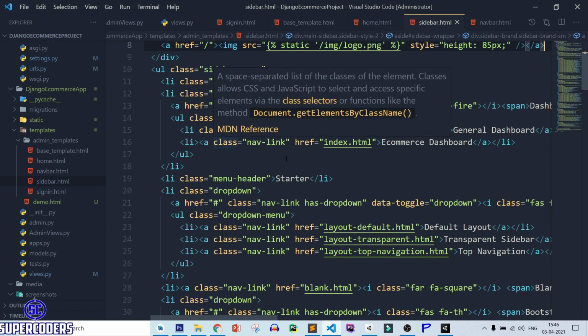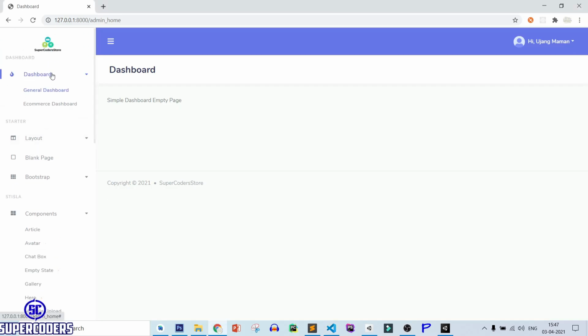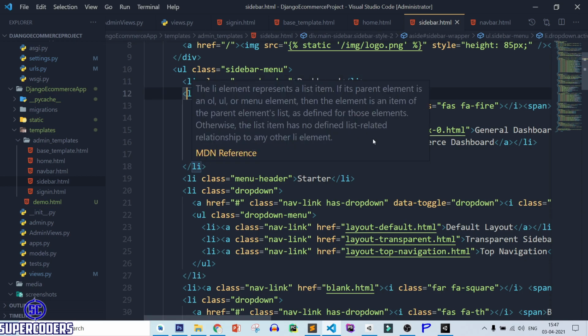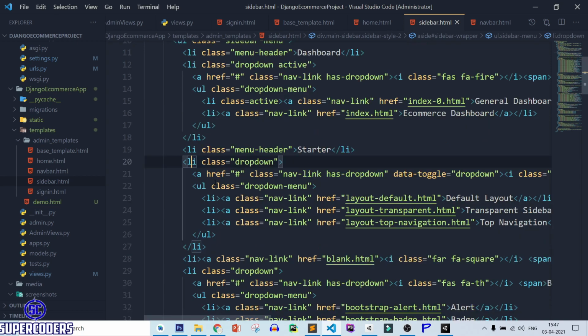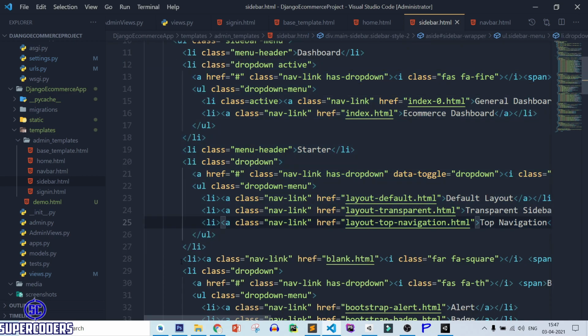So here dashboard, remove this dashboard part, and else everything remove it. So removing only single menu. So only leaving the two menu, and else removing all the other menus.